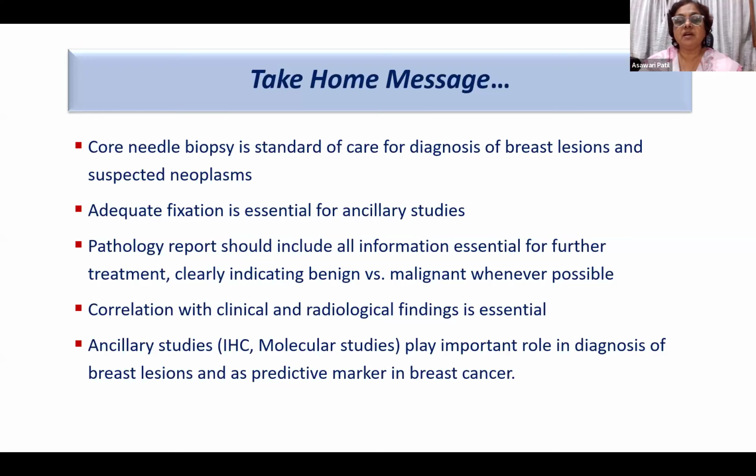There should always be a comment that radiologically it says this is a big tumor and the present biopsy may not be representative. Ancillary studies play an important role not only in diagnosis but also as predictive markers